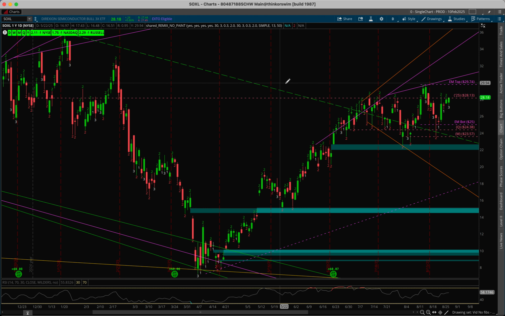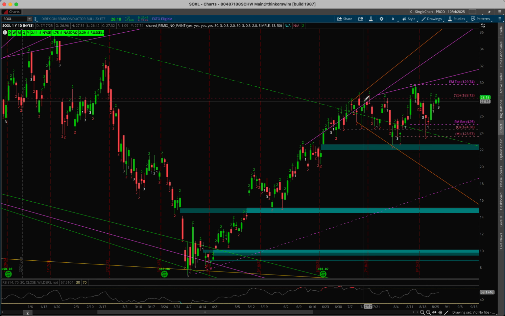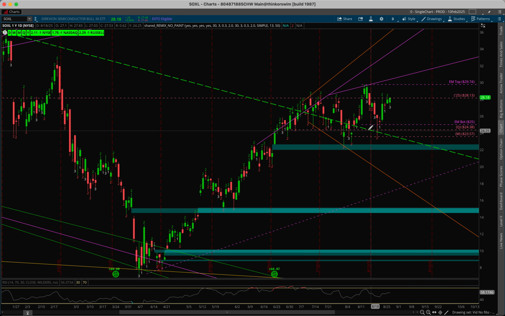We do have this monthly downtrend line right here, this green dash line that we have been kind of contending with for a few weeks, getting above it, pulling back below it, getting above it, pulling back below it. It looks like we're finally defeating it, right? That wick, we didn't get any closes below it in this recent pull down. We just wicked below it and we're pushing back above. So it looks like we can start to leave the monthly downtrend line in our rear view mirror,